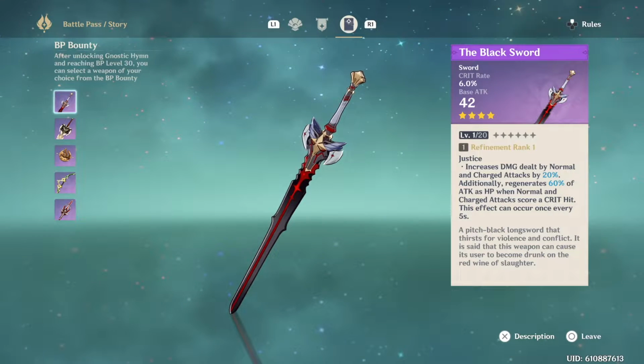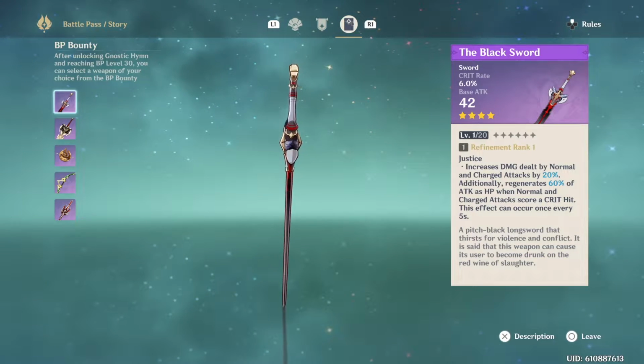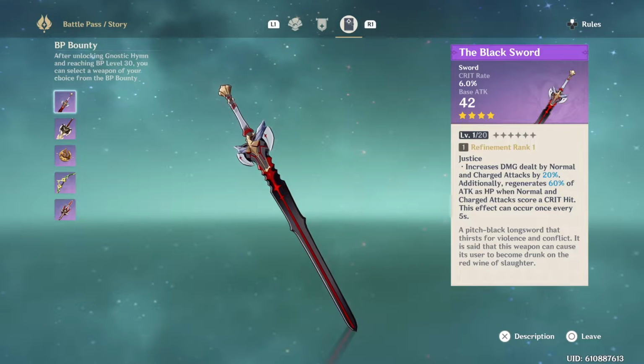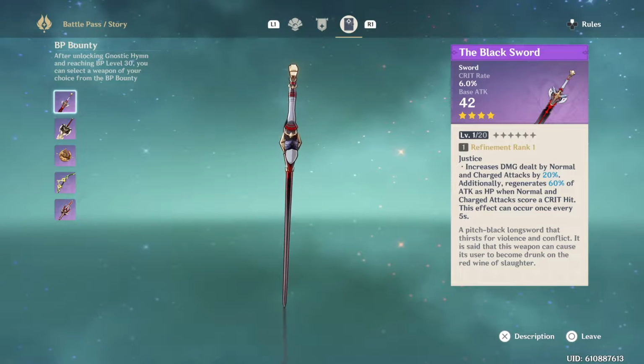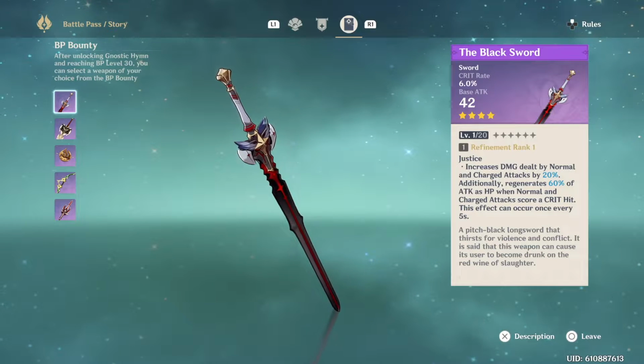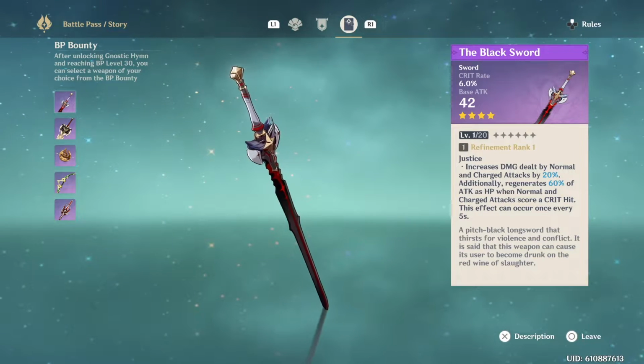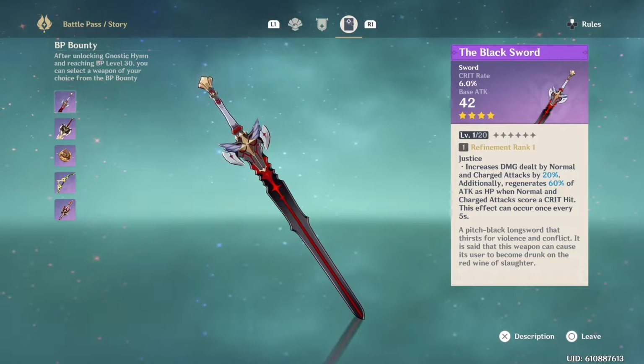It has a crit rate substat, which once again is always great for weapons, and will increase the damage of normal and charge attacks by 20%. Which is really helpful for Keqing because once again, her charge attacks are a big part of the kit. It will also regenerate 60% of attack as HP when normal and charge attack hits score a crit, which can